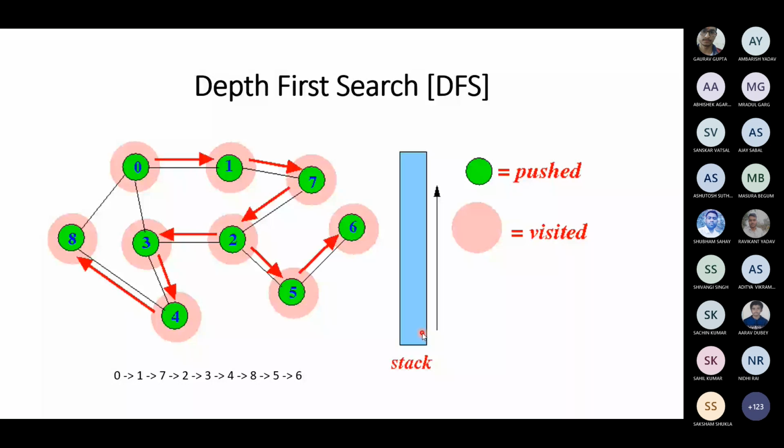One more question, sir. You told that complexity will be V plus E. So is there any explanation, sir? You are visiting all the vertices and all the edges. So what is the complexity? At every node we are visiting, it can be once or twice maximum. I am not able to understand that. See, okay, fine.